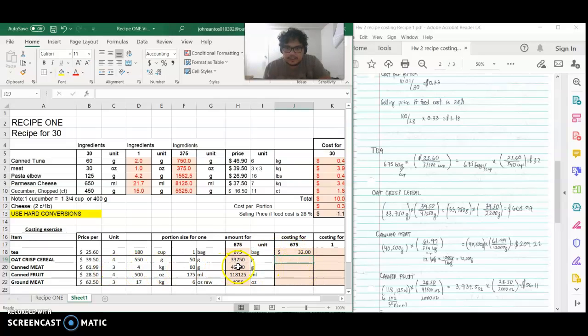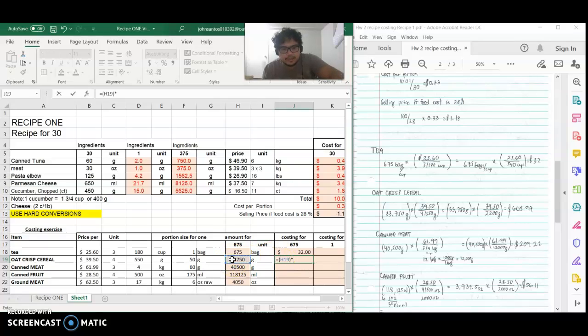Next is the 33,750. So I got an oat crisp milk cereal right here, 33,750 grams. We get the same unit, 4 multiplied by 450 grams, so that'll give us 2,200 grams, and we have to arrive at 605.97 cents. So let's put in our formula, open parenthesis,